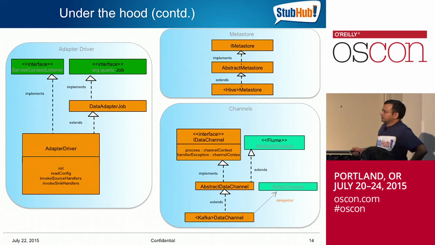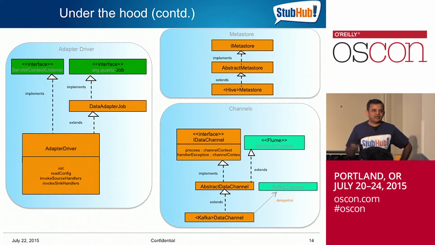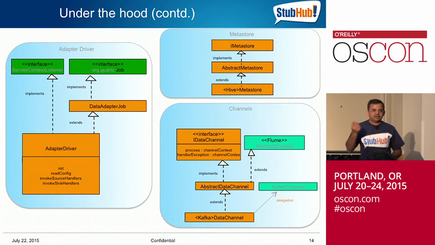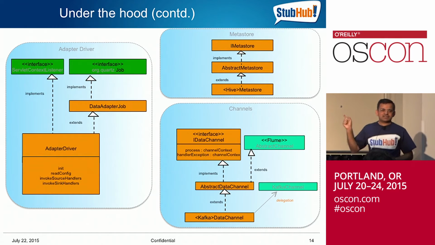And the same thing for Metastore too. Metastore has similar classes. You might ask, what is Metastore in this whole process? Something that does not exist today in open source anywhere is this concept where, as soon as the data is ingested in Hadoop, I need to be able to go to Hive and do a SQL query just like anybody else does. Or I need to be able to kick off my Spark or MapReduce job, or write a Pig script, or do anything else I want. How do I manage the schemas for that? I have one slide in the meta slide, but that's what this meta story is talking about.